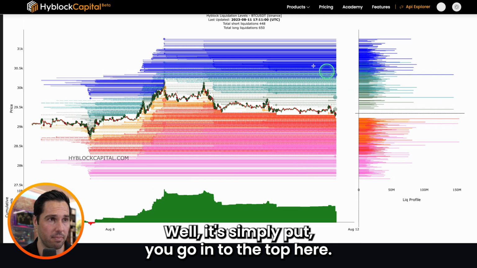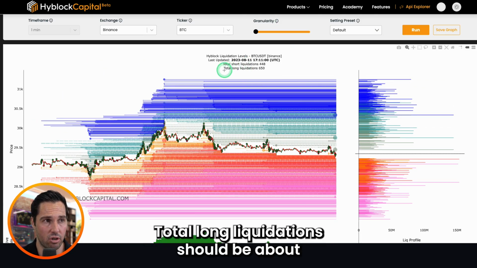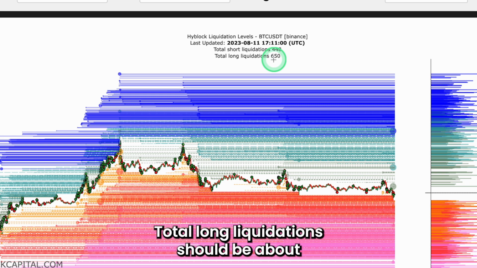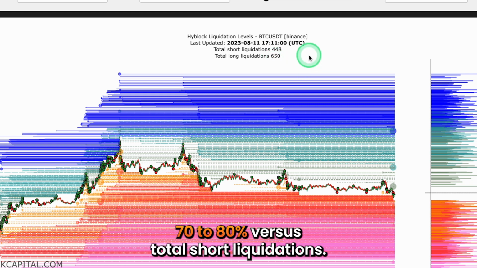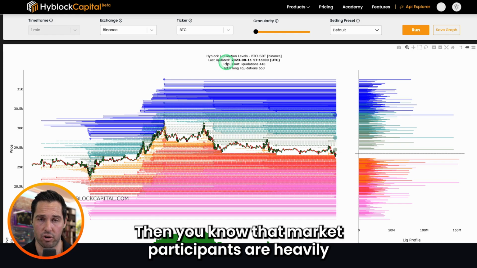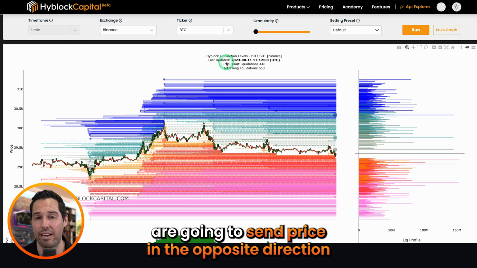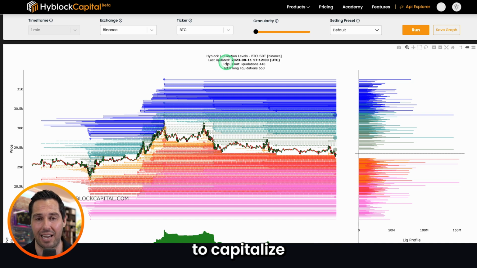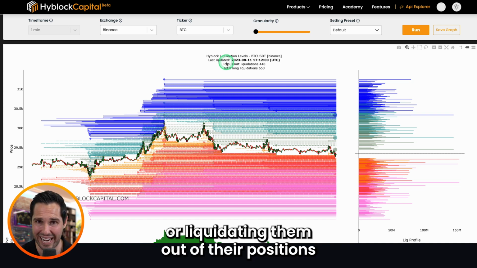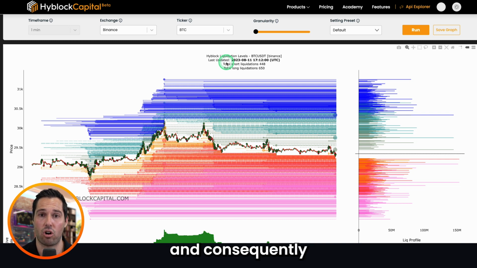How do you tell this? Well, simply put, you go onto the top here. Total long liquidations should be about 70 to 80% versus total short liquidations. Then you know that market participants are heavily stacked long, and typically then market makers are going to send price in the opposite direction to capitalize on stopping them out or liquidating them out of their positions and consequently getting